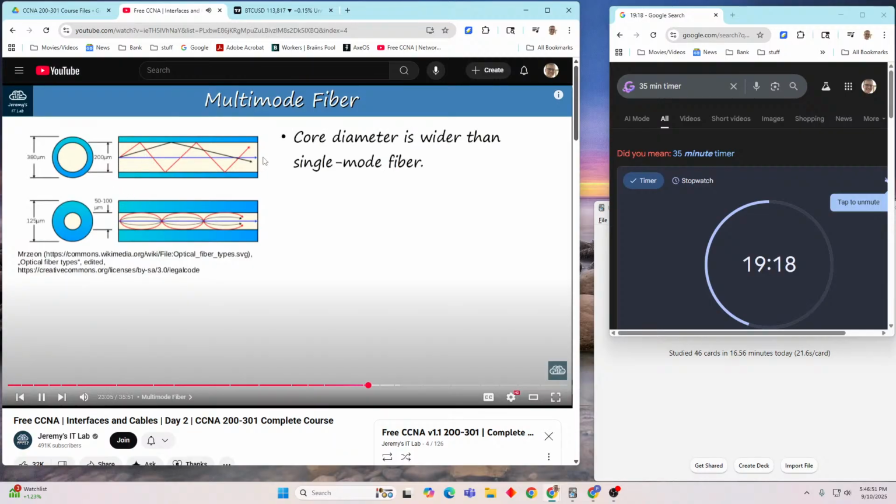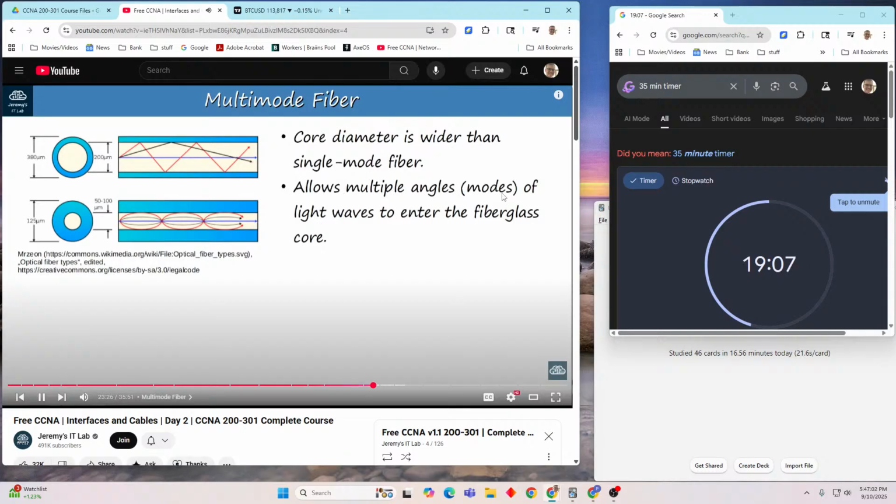In multi-mode fiber cables, the core, the actual glass fiber, is wider than single-mode fiber. This wider core allows multiple angles, known as modes, of light waves to enter the fiberglass core, as you can see in these 2 diagrams. Notice the red and black lines representing light waves traveling down the fiberglass core, reflecting off the cladding at different